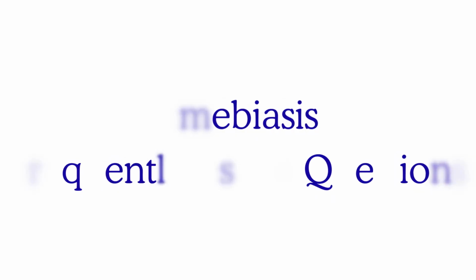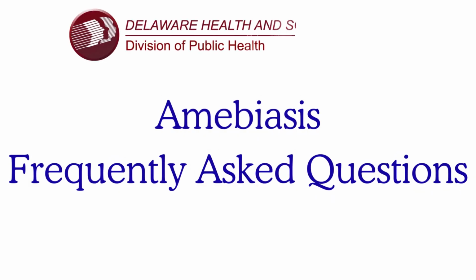What is amebiasis? Amebiasis is a disease caused by a one-celled parasite called Entamoeba histolytica. Who gets amebiasis? Although anyone can have this disease, it is more common in people who live in tropical areas with poor sanitary conditions. In the United States, amebiasis is most common in people who have traveled to tropical places